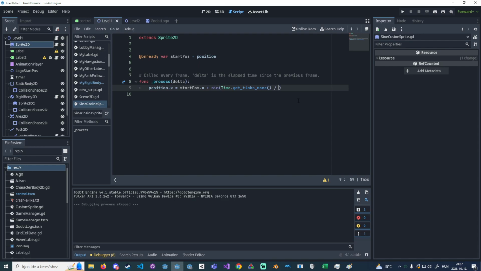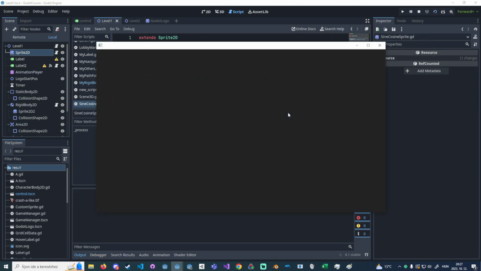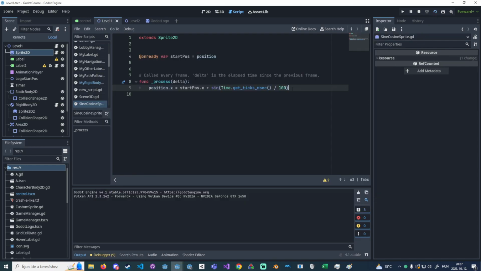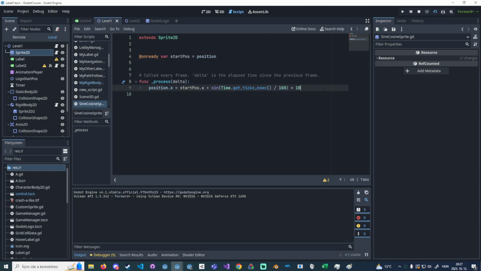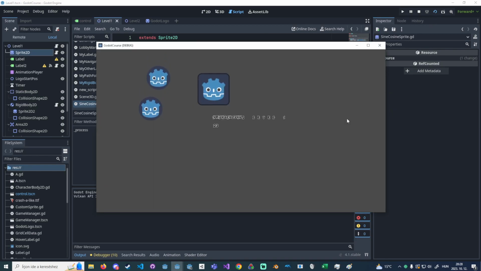I'm gonna try to kind of slow this down. Yeah, okay. That's much nicer. Let's try and do this on the y coordinates as well and see what happens. So we're kind of moving in a diagonal